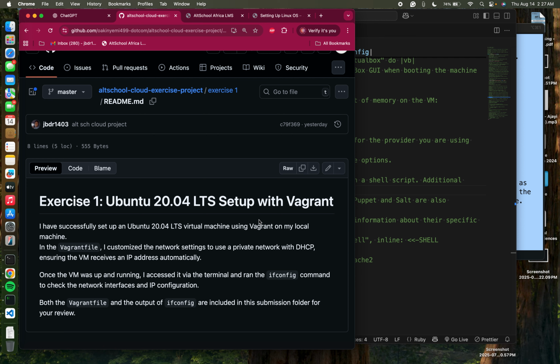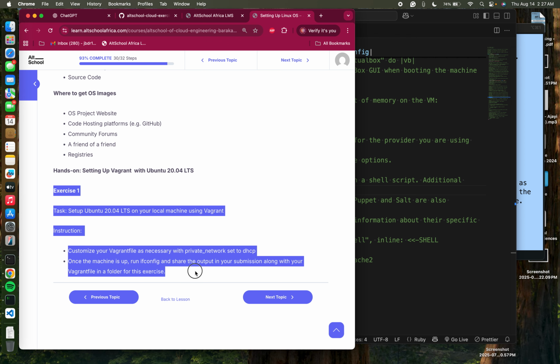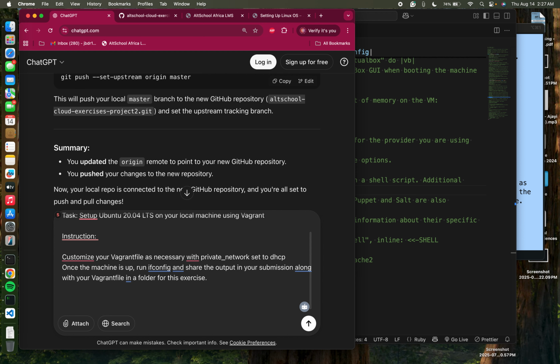I'm going to share the link to the repo so you can come and copy this readme, or alternatively, let me show you a very cool trick. Come to your exercise, copy everything like this, go to ChatGPT and type this, tell it, explain what I have done very briefly in a markdown. No, don't use .md. It's just going to create a file in a markdown